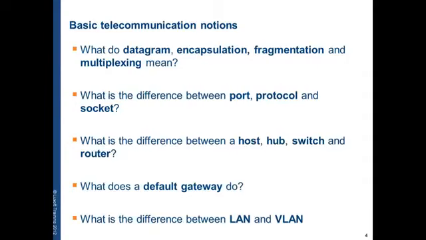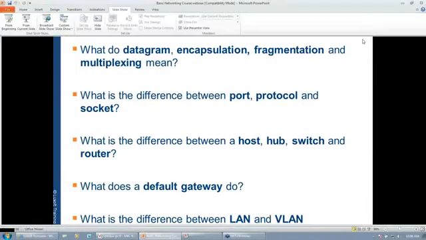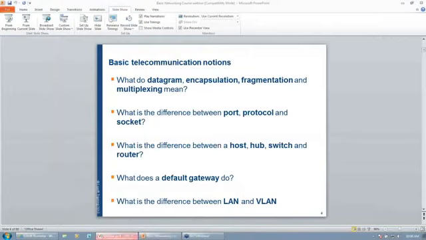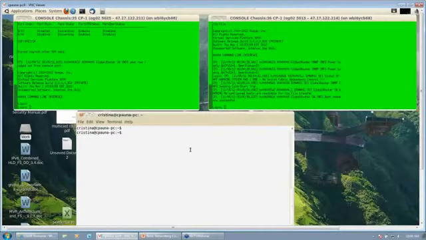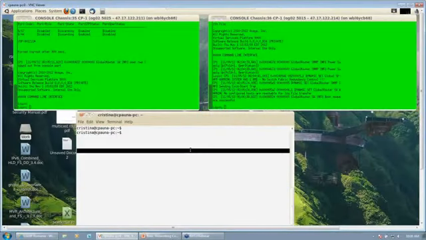On a Unix device, you can see the ports in a file called services. I will show you now this file just so you can have an idea about it. In this white screen here, I have a host, and the two green screens above are two devices that can be configured to be also switches and routers.